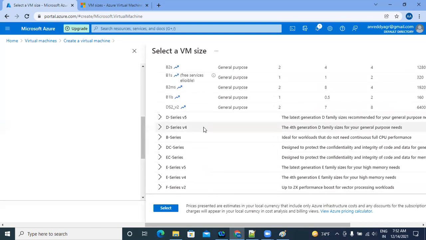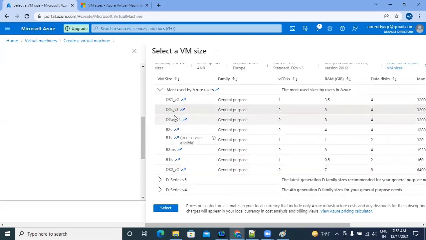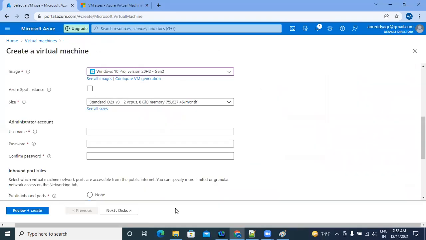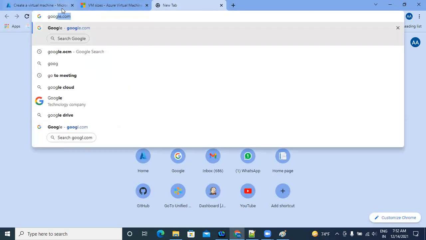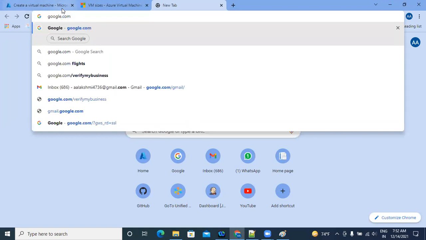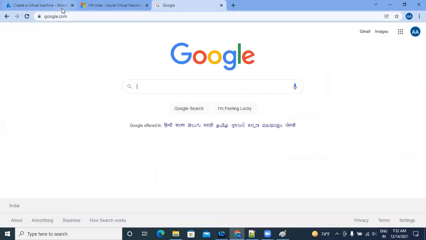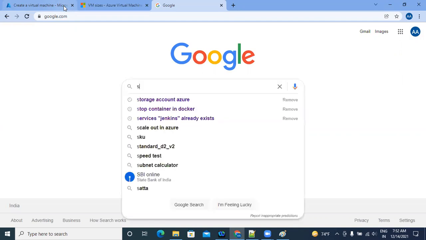Then what I'm selecting is D2S V3. And one more concept I would like to highlight here. In real time, the client may ask you to provide some estimation for particular resources. Let's say, for example, the client will ask, I need the estimation for virtual machines. So what you have to do is go for